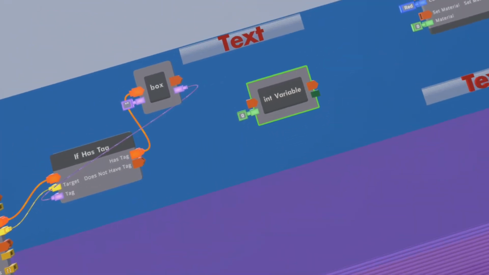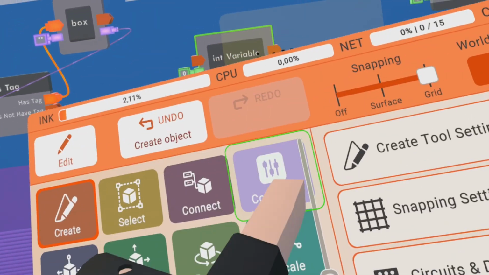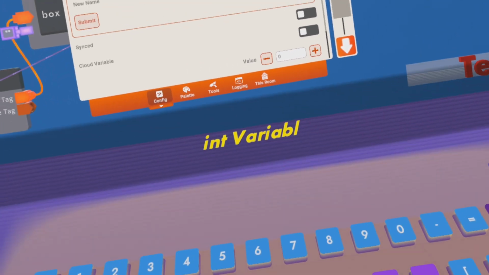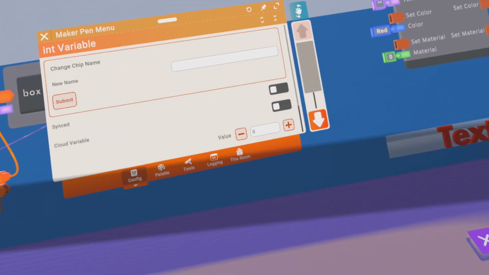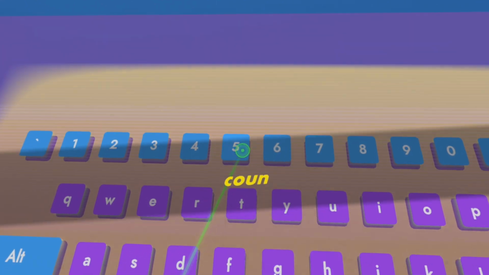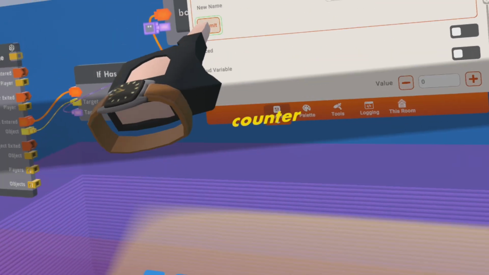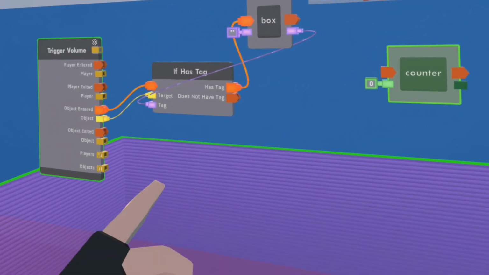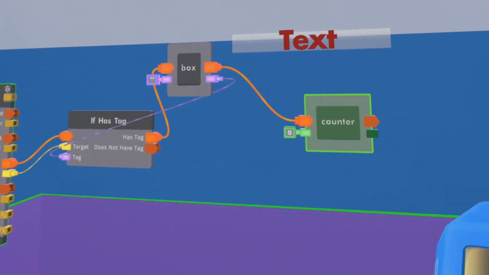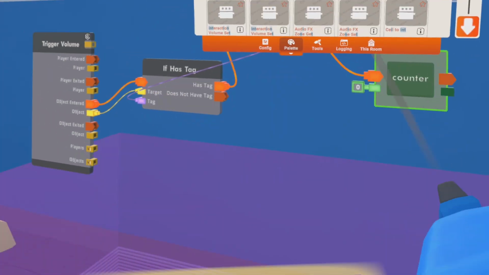You don't even have to give that a name, but it's always good to set special names for these things, so you can remember what you use it for. I call it counter now. Alright, it's called counter. And basically, you go here, use the add chip,